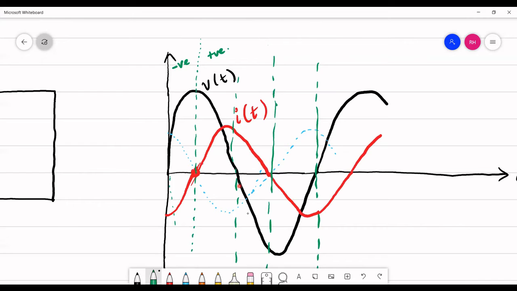Here we have the voltage to be negative, current to be positive. So minus into plus is minus. Okay, so now I write the sign of the power waveform. Here again, if you could see, current is negative, voltage is also negative in this section, and hence the power is going to be positive.